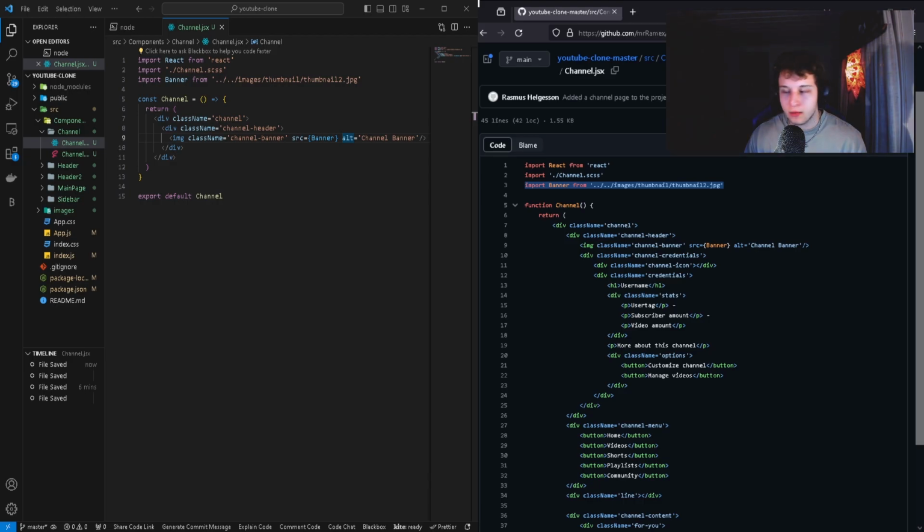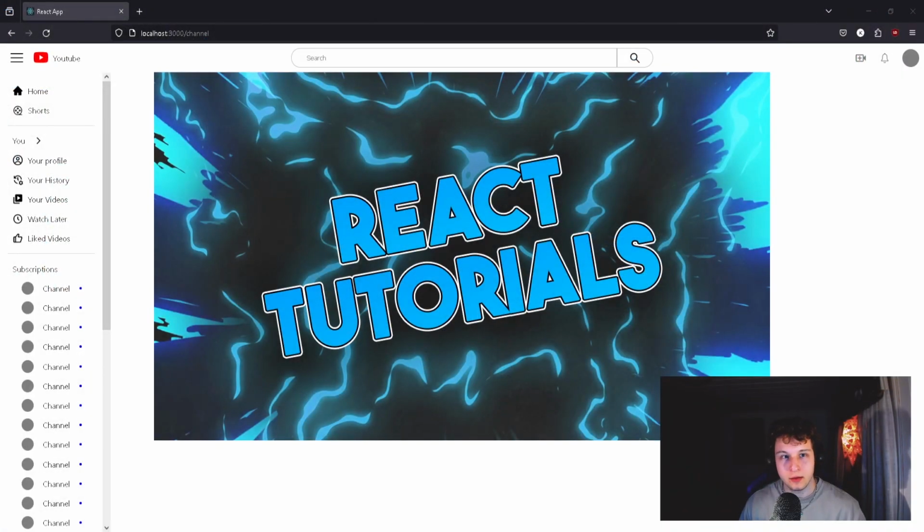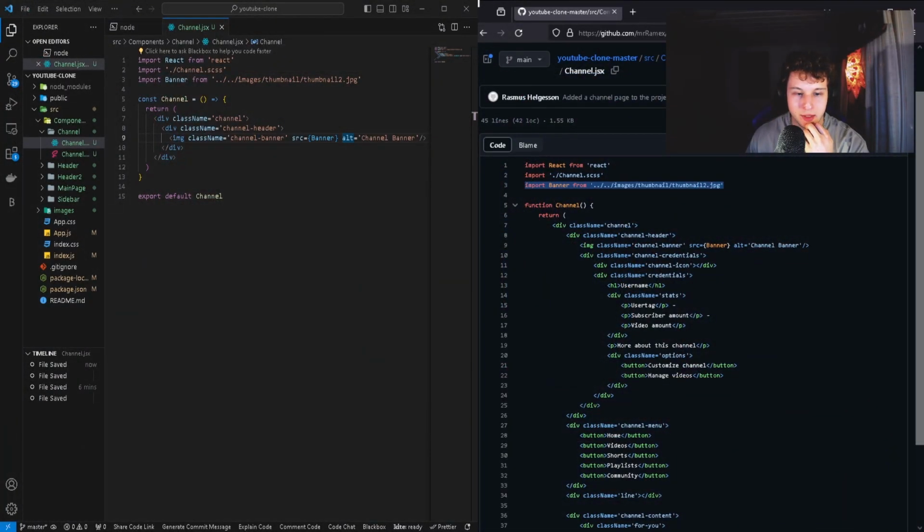Let's head over to our browser and let's see how it looks. So it's currently looking like this. And this is not a surprise for us because we have currently no styling to this image, so the image will be max size. And the positioning is also quite wrong because we have no styling. But that's totally fine. So let's head back over to VS Code and continue with our